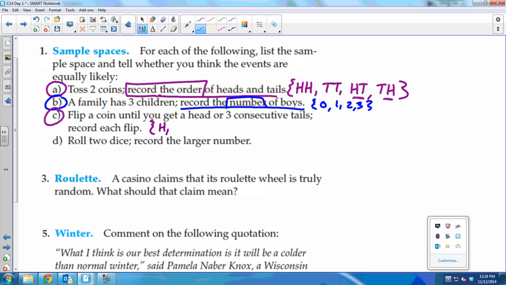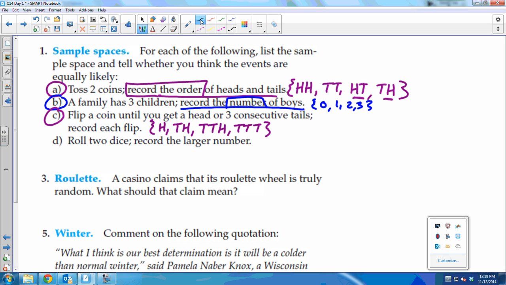All right, what if the first time we get a tails and the second time we get heads? Then we stop. Or when you have tails and then heads, and then we would stop. Or we have tails, tails, and tails, and then we would stop because it says to get heads or 3 consecutive tails. So that's our sample space. Yes?